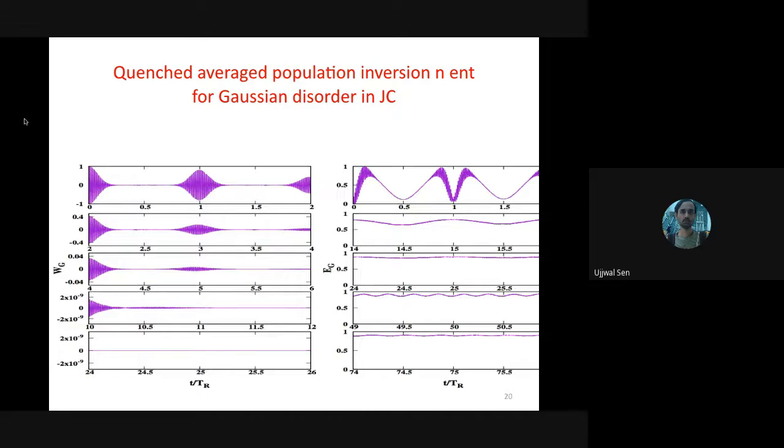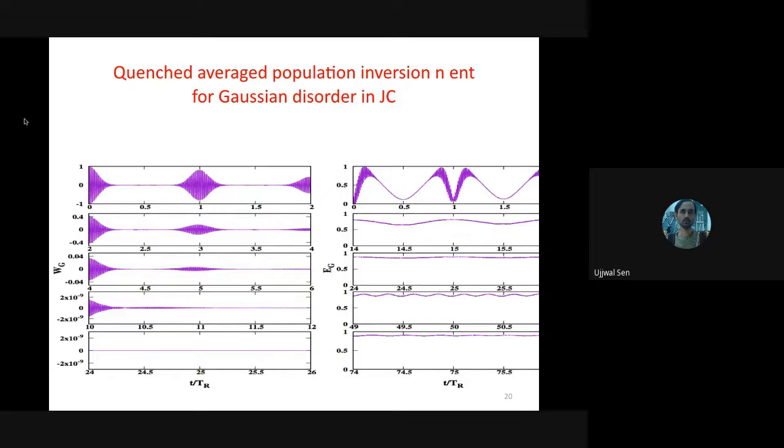But in the previous pictures there was no disorder in the system, so we just took a single realization of the interaction strength. Now there is a disorder in the interaction strength. So this time in these two figures, the vertical axes are quenched averaged magnetization and quenched averaged entanglement,